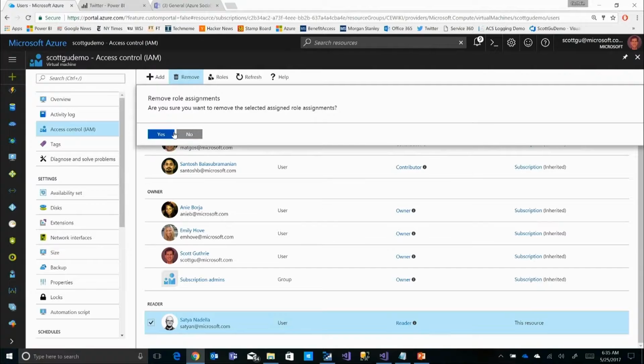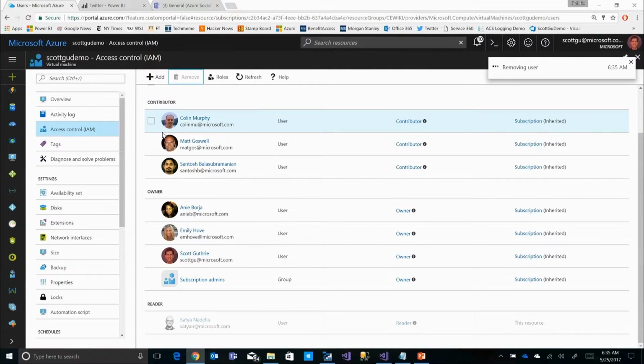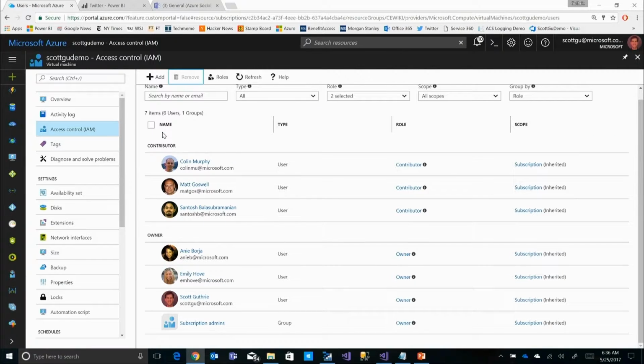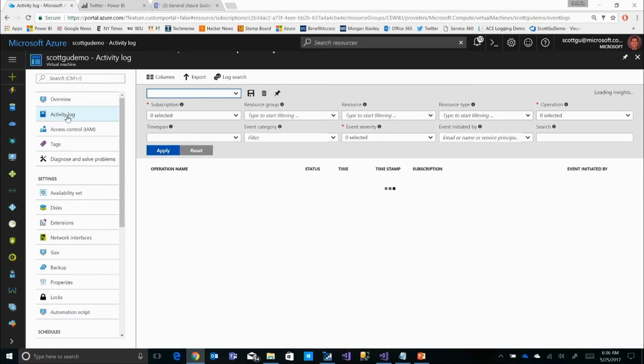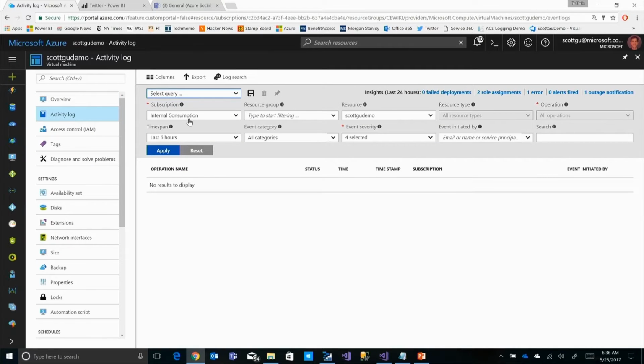If I basically say, hey, you've checked in 1 too many bugs, I'm going to remove you entirely, just go ahead and hit remove. And now he has to look over someone's shoulder anytime they want to see something inside the site. So that's pretty easy, how you can add and remove permissions. Again, best practice, look at the permissions you have set for all your resources. You'll probably be surprised how many people, if you're in a team environment, have permissions that they don't absolutely need